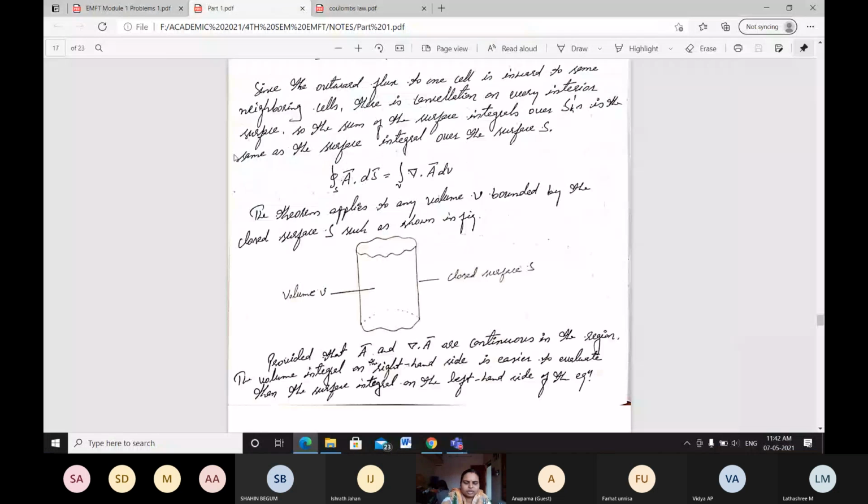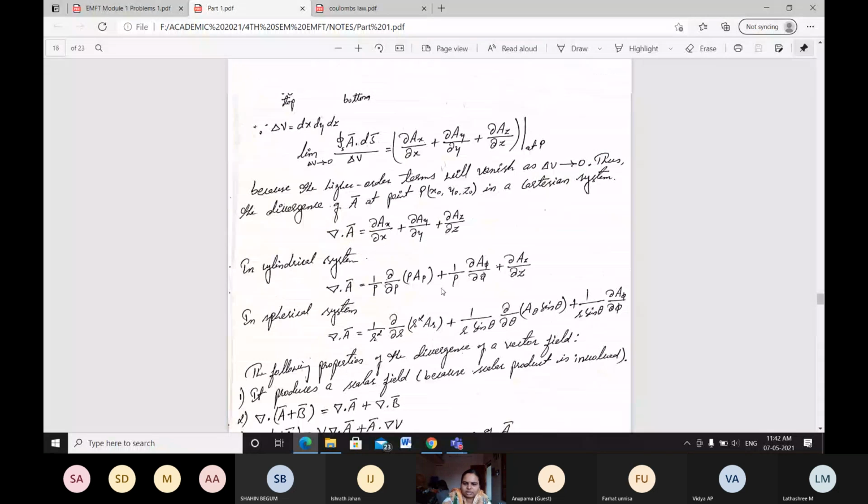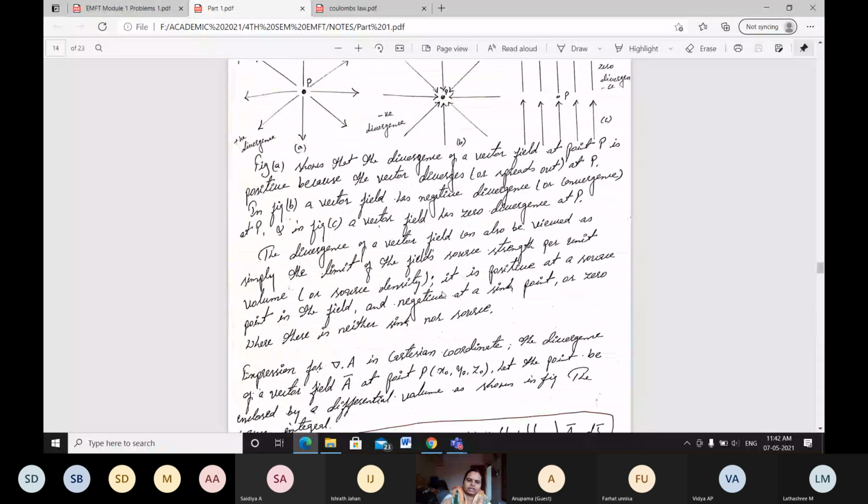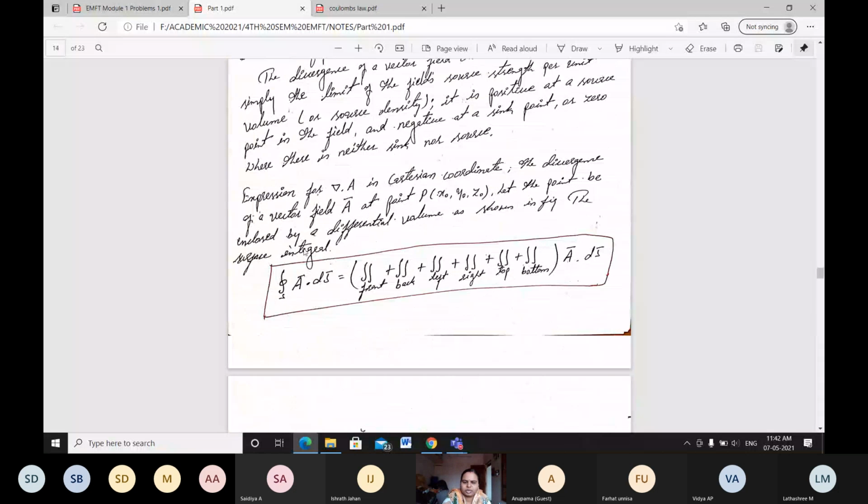Okay, we are going to solve problems based on the divergence theorem. This is the theory part we learned for the divergence theorem. That is, the integration over a closed surface of vector A dot dS is taken over all the surfaces of the material, that is front, back, left, right, and top, bottom. With that, integrate those with the vector and with the dS.